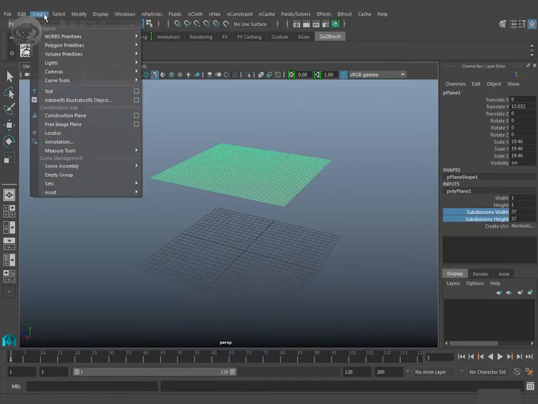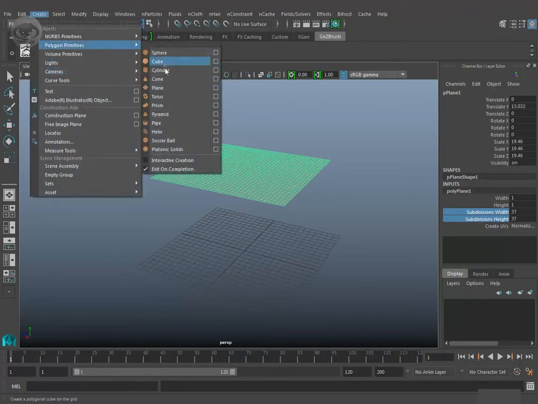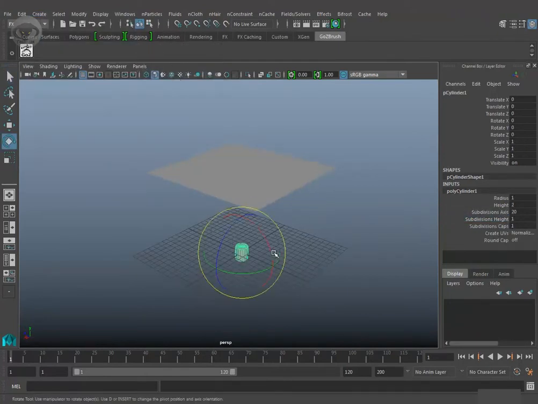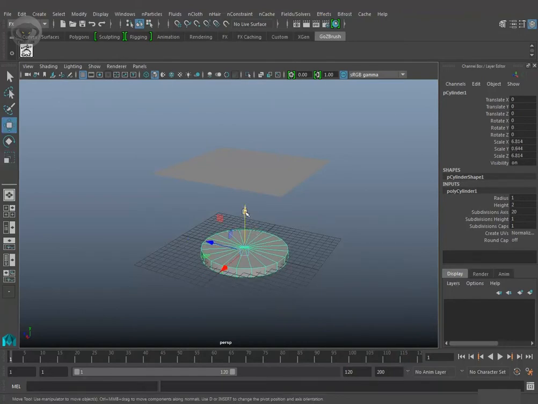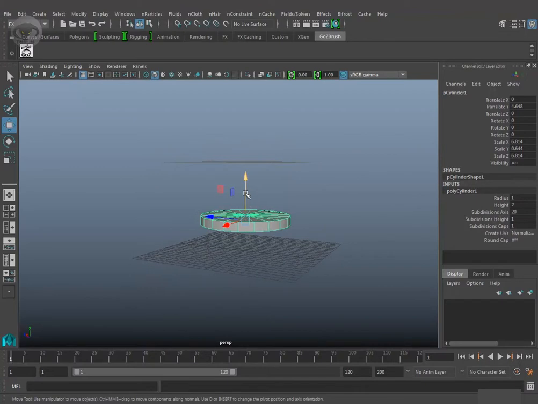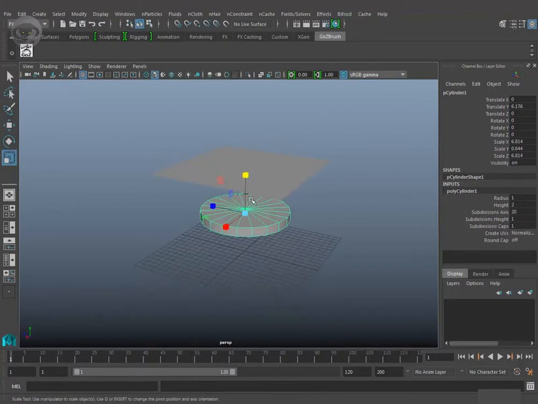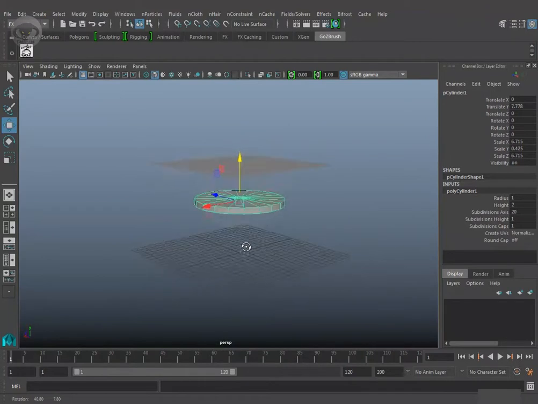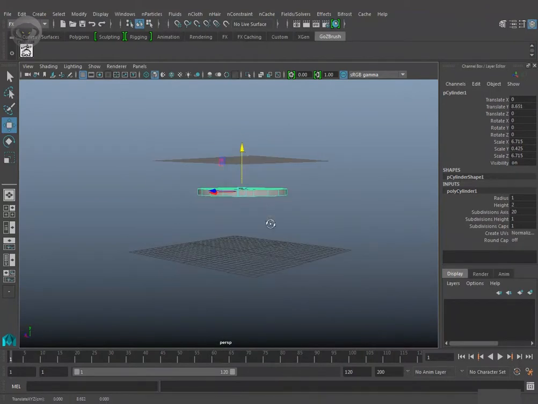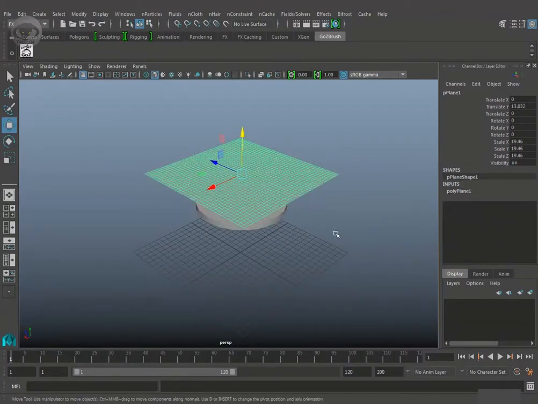And I'll also create a polygonal cylinder. Just create a polygonal cylinder here. A polygonal cylinder will be the object on which the cloth will collide. So this will be the object on which the cloth will collide. Probably this can be a dining table. I don't know. Probably this can be a dining table right now, on which I need a cloth to